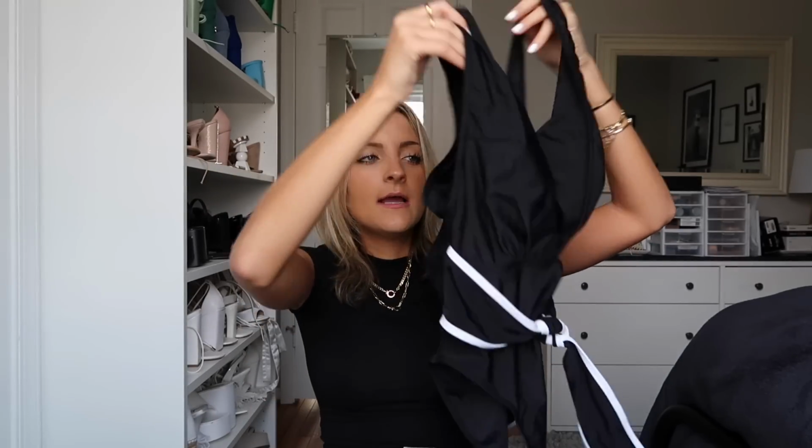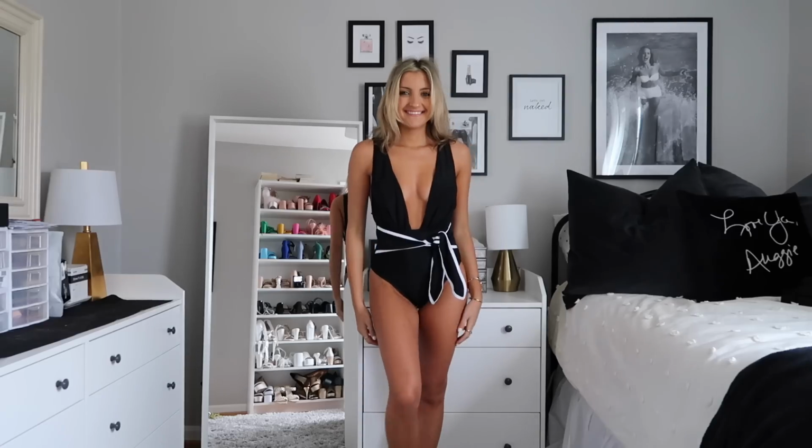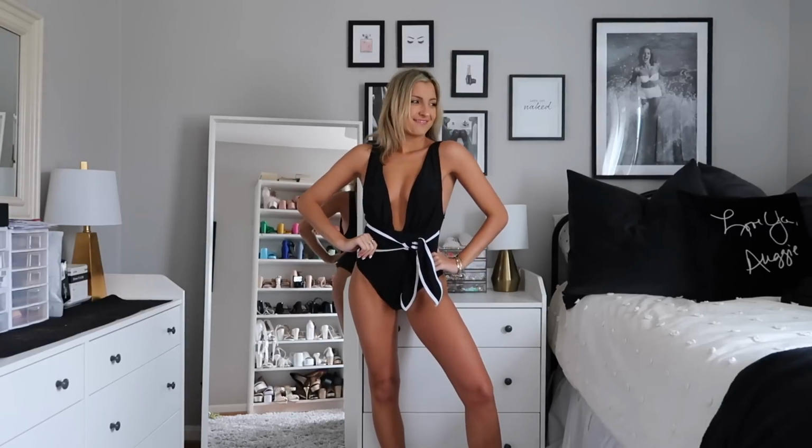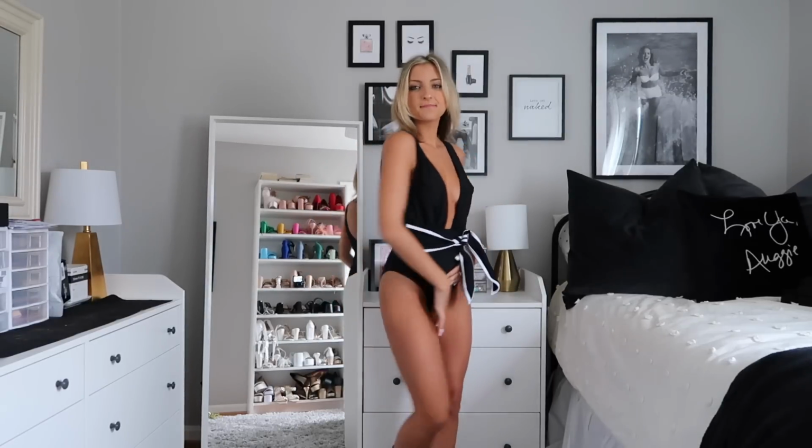So when I did get a one-piece bathing suit, I actually have this in olive green as well. I just find it to be such a flattering style. It's super cute, very different, plunges right down the center, and then it's got this little tie along the waist. This is actually a pretty full coverage one piece. I know it doesn't look like it because it's obviously plunging in the front, but what I mean by that